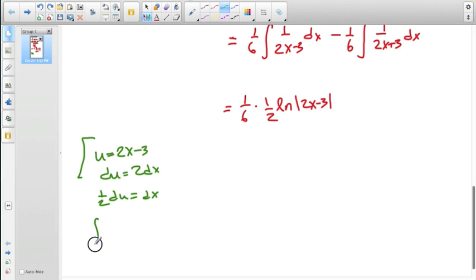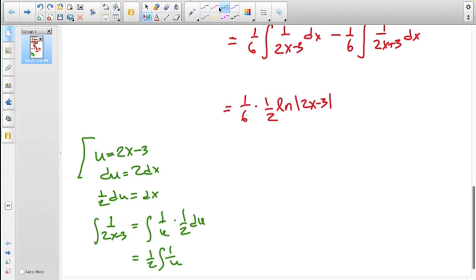And so if we're integrating this 1 over 2x minus 3, then we're really integrating 1 over u times half du. So we end up with a half on the outside, and integrating the 1 over u, which is going to be our natural log. So we end up with half natural log 2x minus 3,